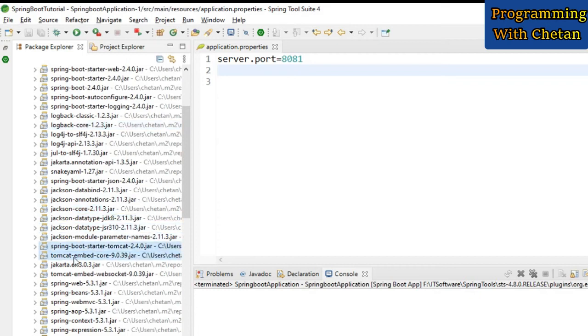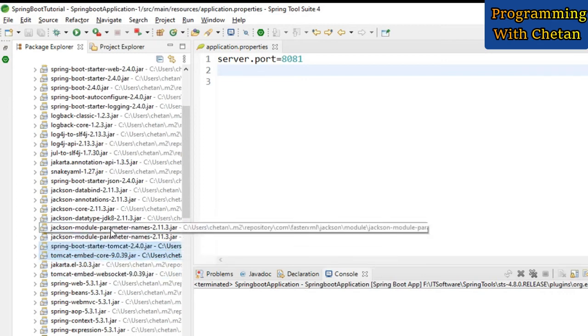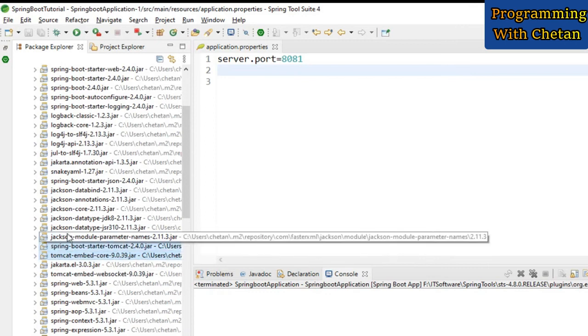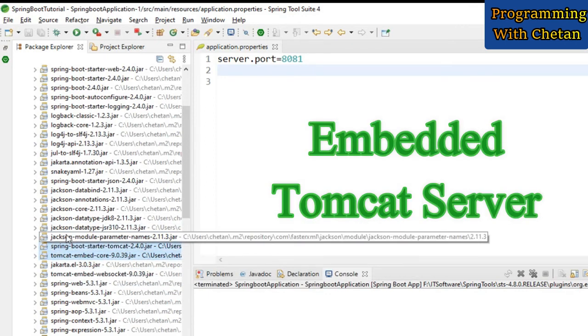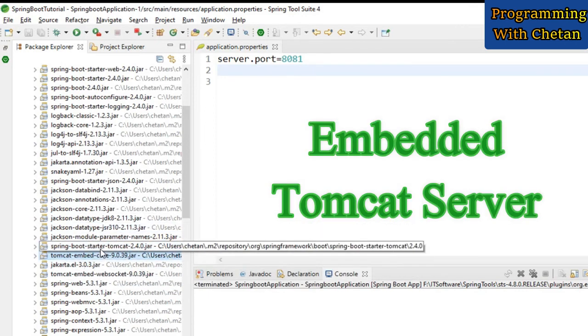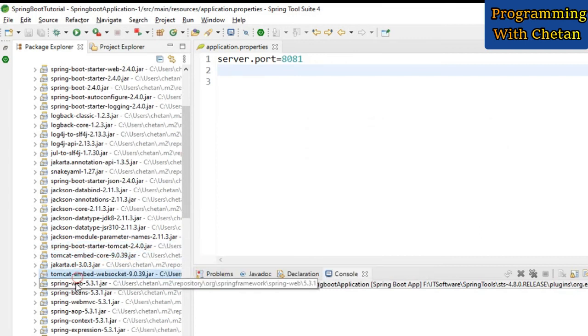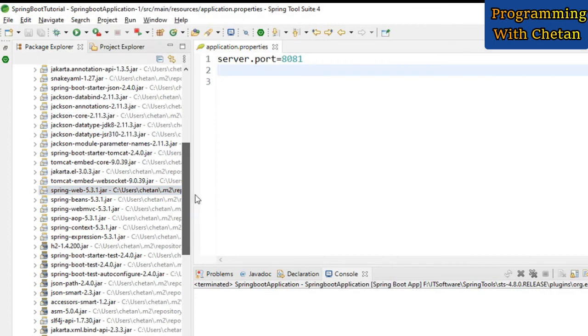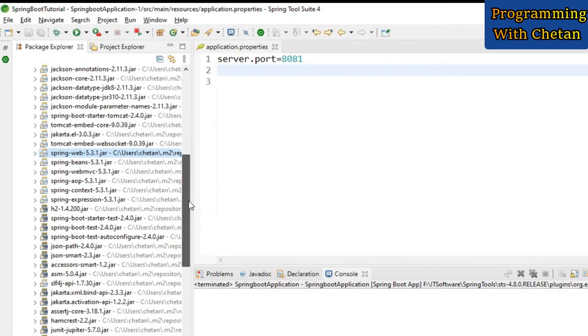And here you can see that we have Tomcat dependencies. So there is no need of adding any external server, and Spring Boot is providing an embedded server, that is Tomcat. Similarly, here you can see that our Spring Web jar is there, which is used for Spring MVC and for developing Spring RESTful web services.